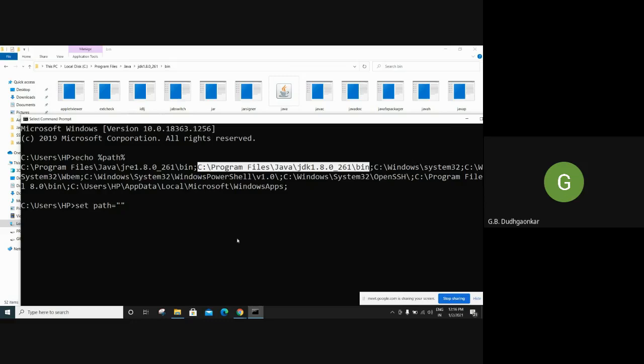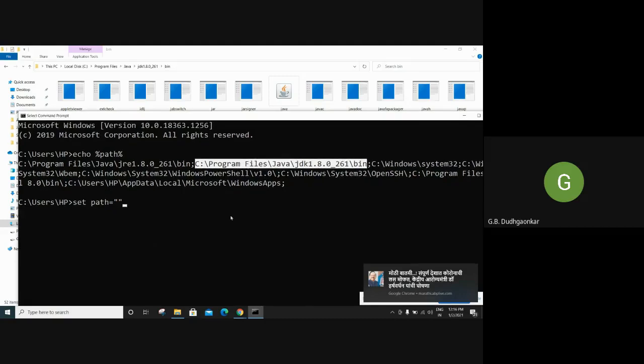But when I quit the command prompt, when I exit the command prompt, later on if I again open the command prompt, every time I have to set the path. So if you want to frequently perform such operations, it is better to store that path in the environment variable under the system properties. So how to store that, I think you know very well. If you don't know, I will show you.